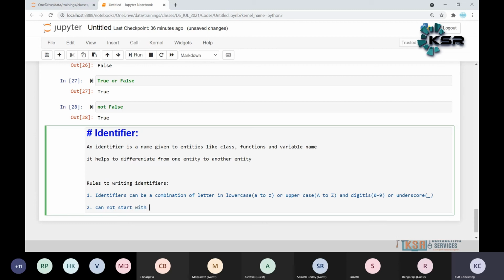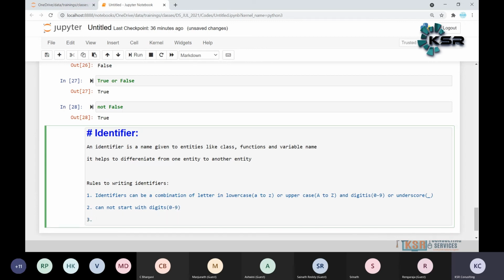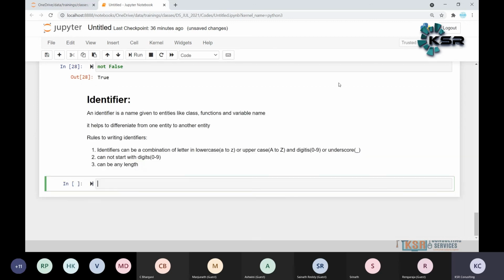They cannot start with digits 0 to 9, and they can be any length. So these are some rules we need to follow while writing identifiers.